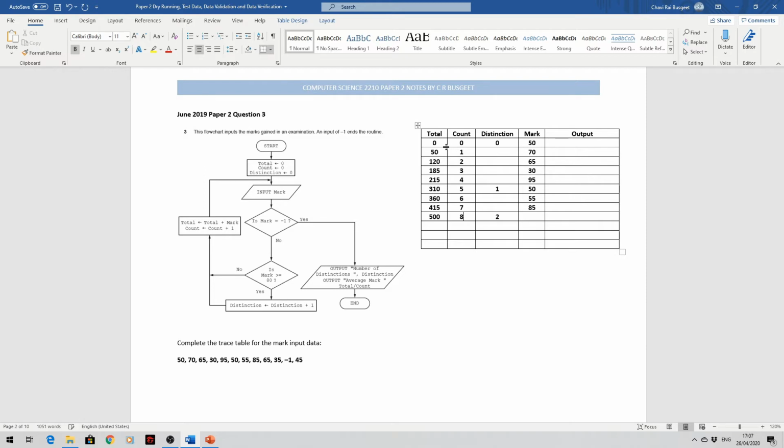The next mark is 65. So only count and total will be updated. And lastly, we'll be having 35 over here. So our count will become 10 and our total will become 600. And finally we have mark -1. So is mark equal to -1? Yes, we'll be outputting our different